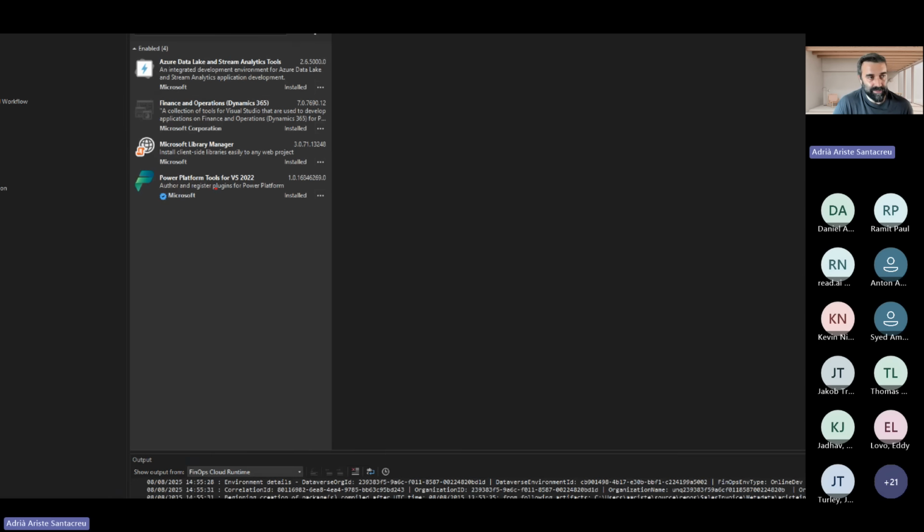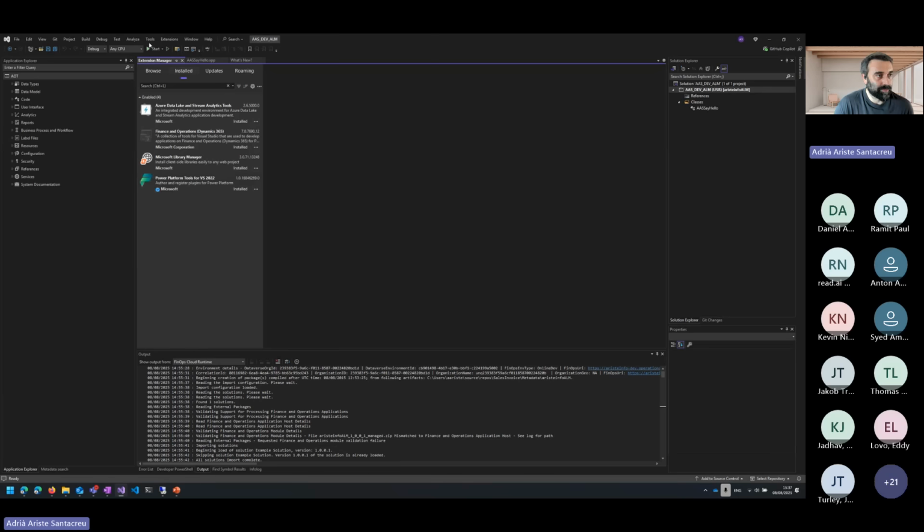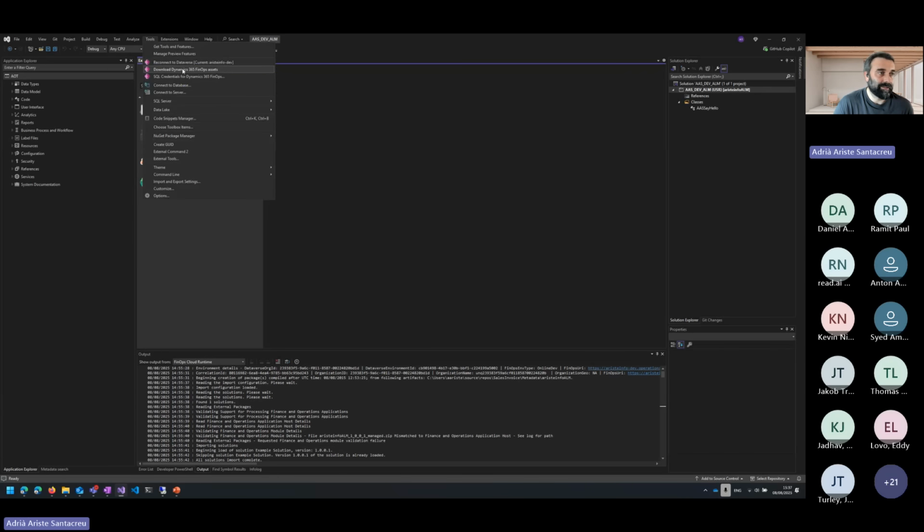Once you have this installed, you go to Tools. I'm already connected, so here it shows reconnect. But if you're not connected, it shows connect to Dataverse. And once you do this, it will show you, we will see it later when I deploy the code,